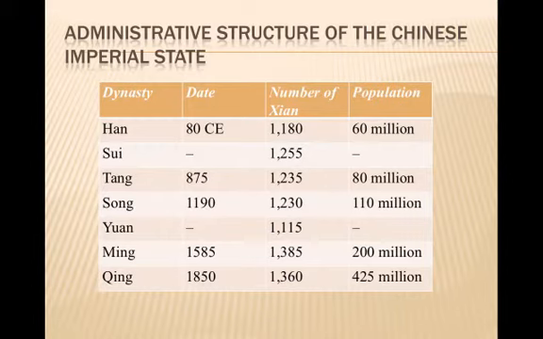The Chinese imperial state developed its major structural forms early on with the Qin and later Han dynasties. In the Han Dynasty, the smallest unit of government with a centrally appointed official was called the xian, or county. As you can see here, the number of counties remained fairly consistent over time, with around 1100 under the Han Dynasty in 80 CE, or the first century of the Common Era, up to the Ming Dynasty in the 16th century and the Qing Dynasty in the 19th century, with each of those having about 1300 xian, or counties.